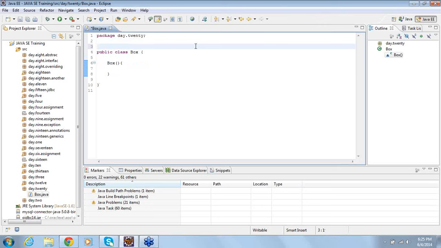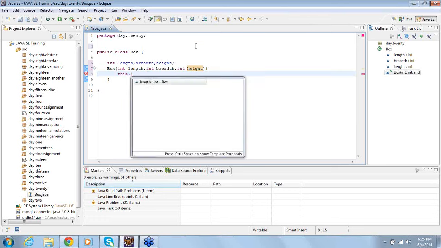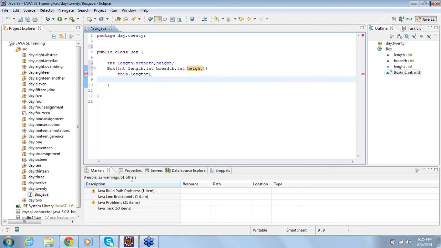So let me have some instance variables here: length, breadth, and height. Now this constructor takes parameters. The constructor is used to initialize the instance members.